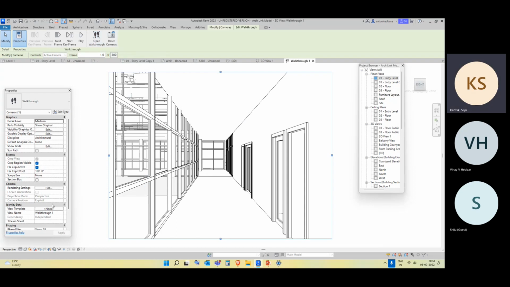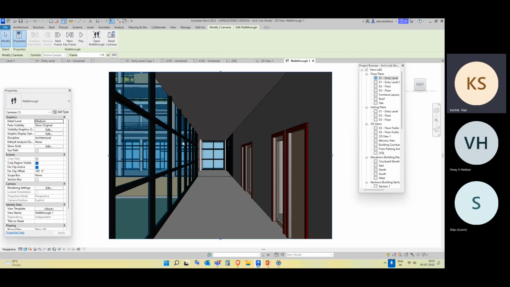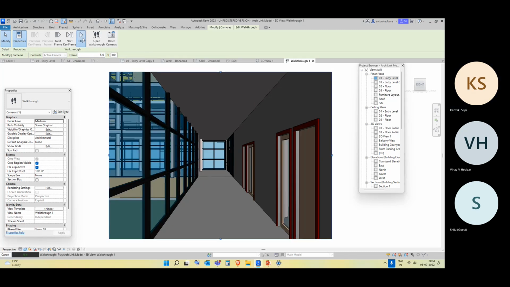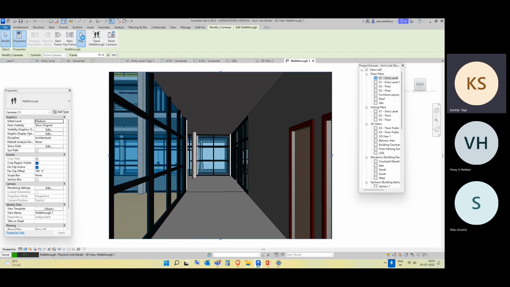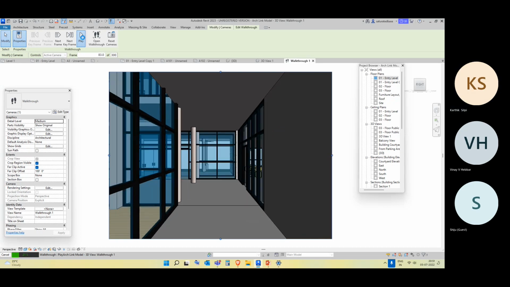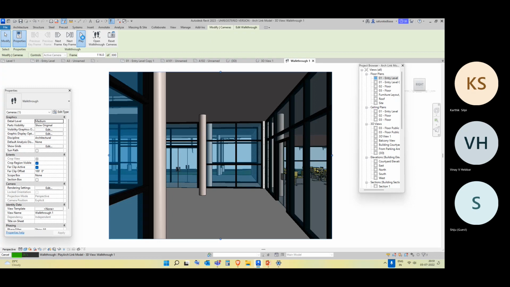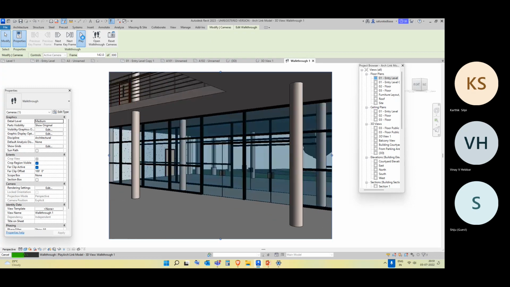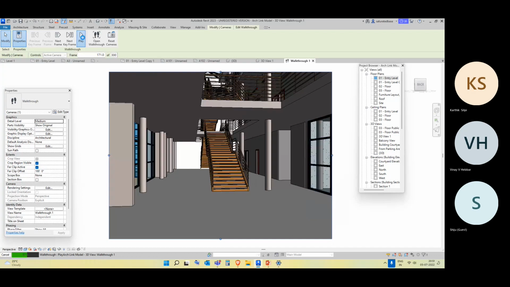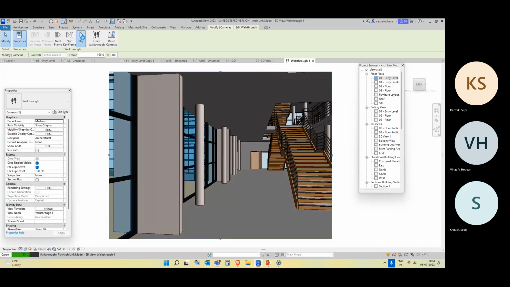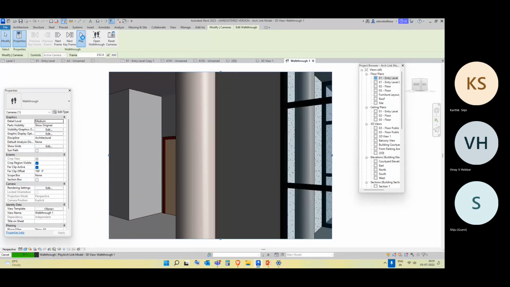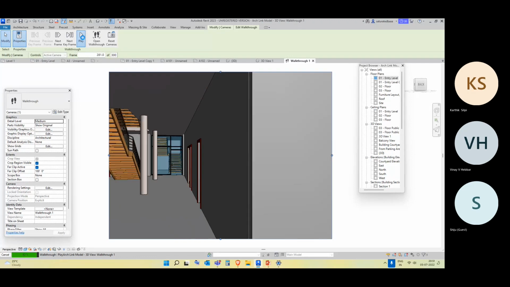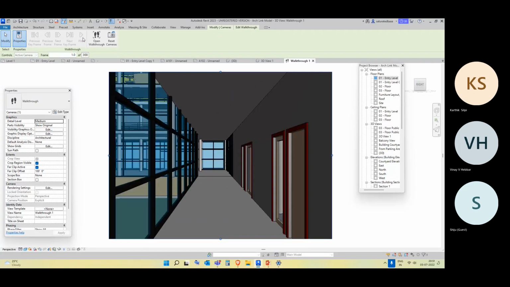This again depends on your system's graphic card. I'll just make it shaded because at least we'll get a decent output. Hit play. So you will have a 3D visualization of our corridor, whatever we have created. If you want to